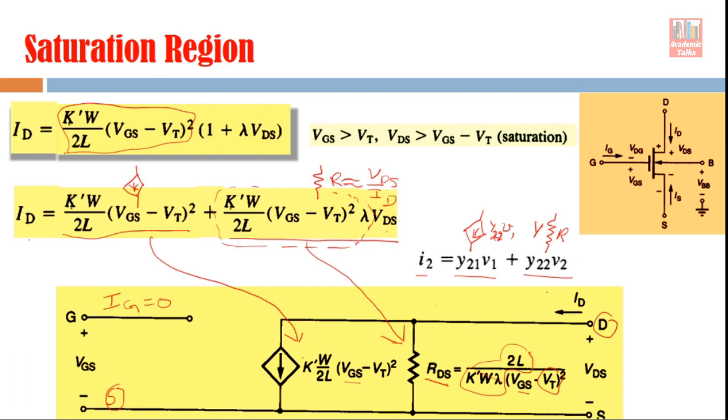Now I hope that you have sufficient understanding about the equivalent circuits, and how we got equivalent circuits from the DC equations of the MOSFET device. If you have any doubt or question, you can discuss with me during the interactive sessions. In the next class we will discuss the AC model, or small signal model, of the MOSFET device.